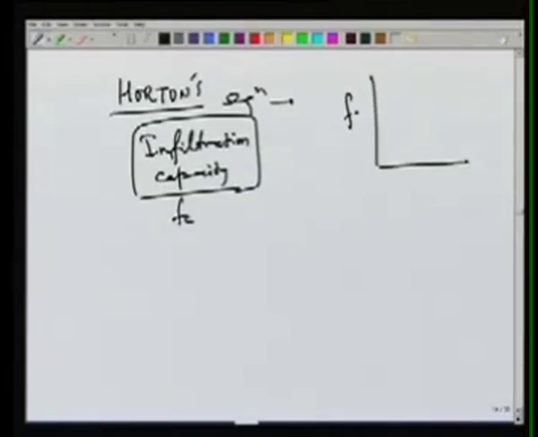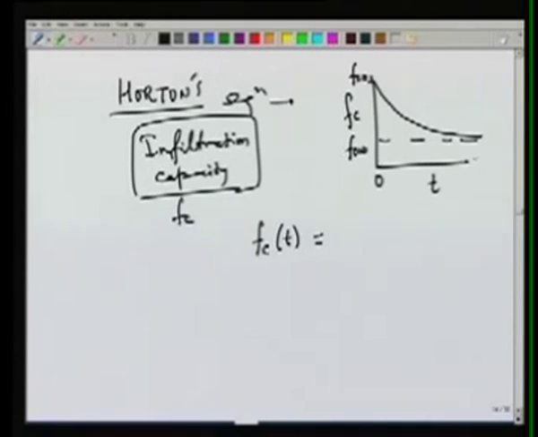So whatever equations are derived, they are derived for infiltration capacity, Fc versus time, and as we have seen, it decreases with time. In Horton's equation we write Fc at any time t. We relate it with its final value, a steady state value which we can call Fc infinity, and an initial value Fc0. So Fc0 is at the beginning and Fc infinity will be after a very long time. So this equation given by Horton